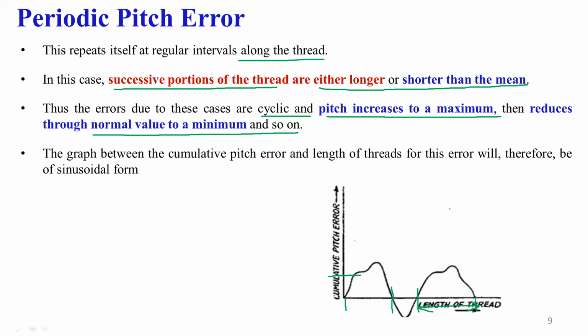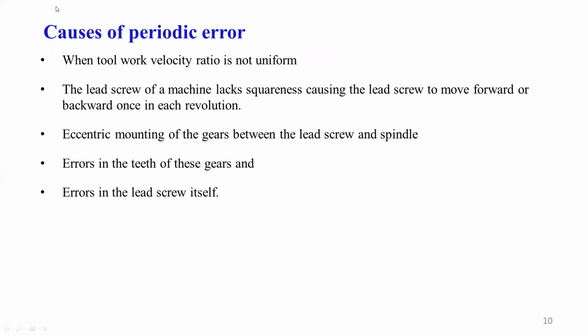So pitch increases to a maximum and then reduces through nominal to a minimum value. Again it increases to the maximum, again it reduces to the minimum, again it increases to the maximum. So that is called the periodic pitch error. The reasons for the periodic pitch errors in the screw threads are: one is